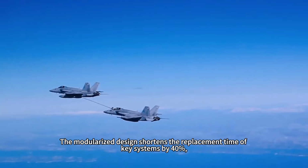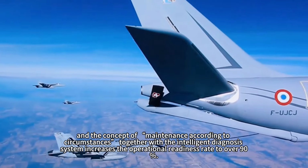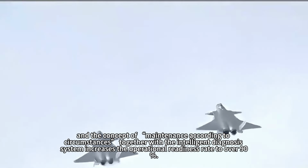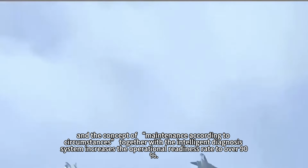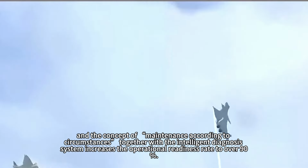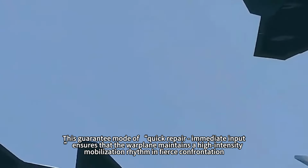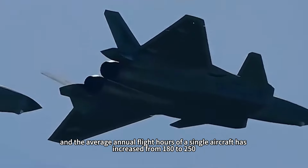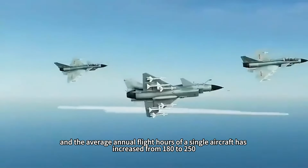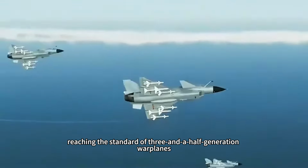The modularized design shortens the replacement time of key systems by 40%, and the concept of maintenance according to circumstances, together with the intelligent diagnosis system, increases the operational readiness rate to over 90%. This guarantee mode of quick repair and immediate input ensures that the warplane maintains a high-intensity mobilization rhythm and fierce confrontation, and the average annual flight hours of a single aircraft has increased from 180 to 250, reaching the standard of